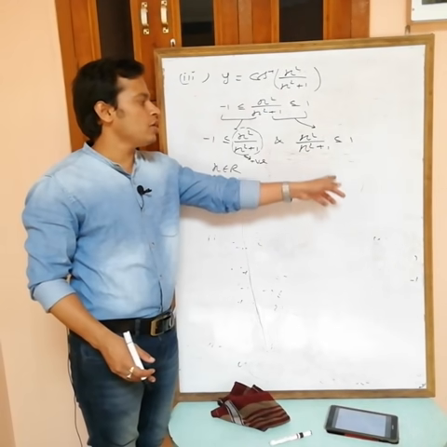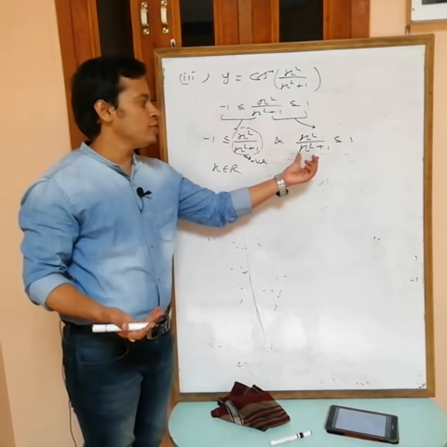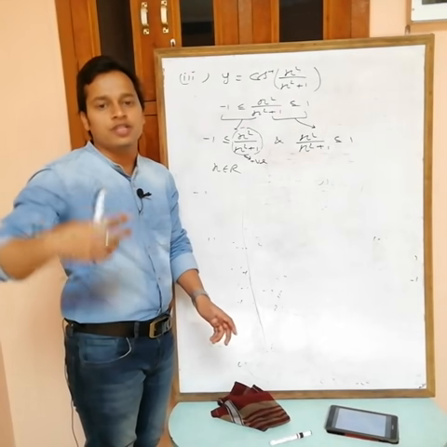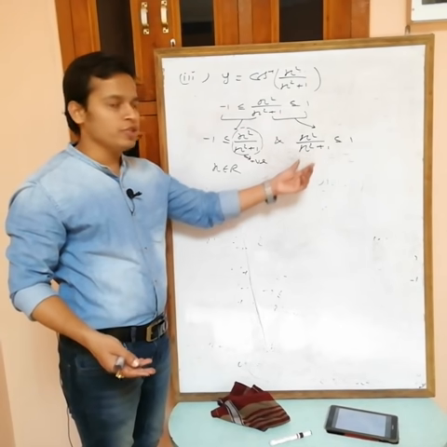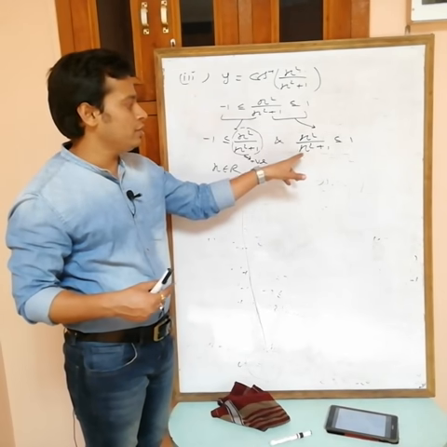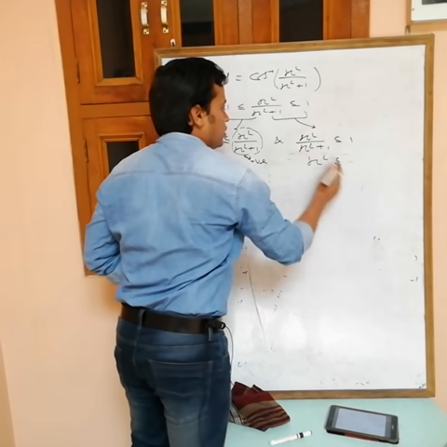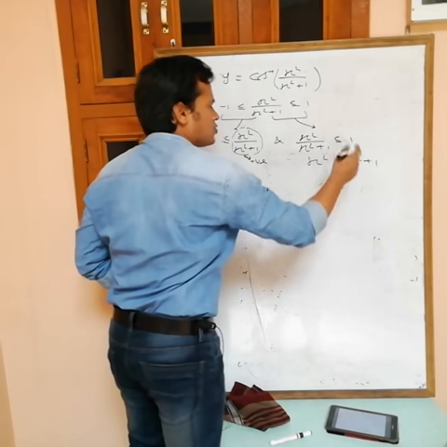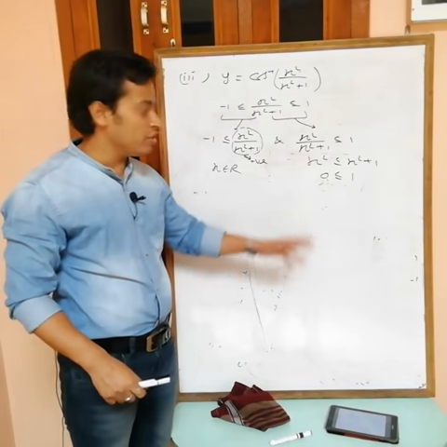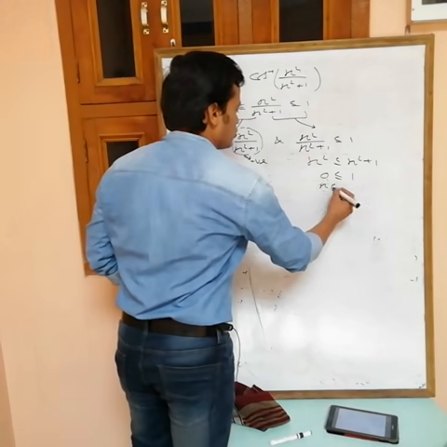Can I multiply x square plus 1 at this side? You can multiply. If you know the sign, then you can multiply. If this is positive, then sign of inequality remains same. If this one is negative, then sign of inequality we have to change. Okay, but at this time positive. If you didn't know the sign of this one, then you can't multiply, but at this time we know now that x square plus 1 is always positive, so multiply. Then x square less than or equal to x square plus 1, x square cancel out, 0 less than or equal to 1. Now check, this is always true, 0 is always less than or equal to 1 now, so it means this is also x belongs to R.